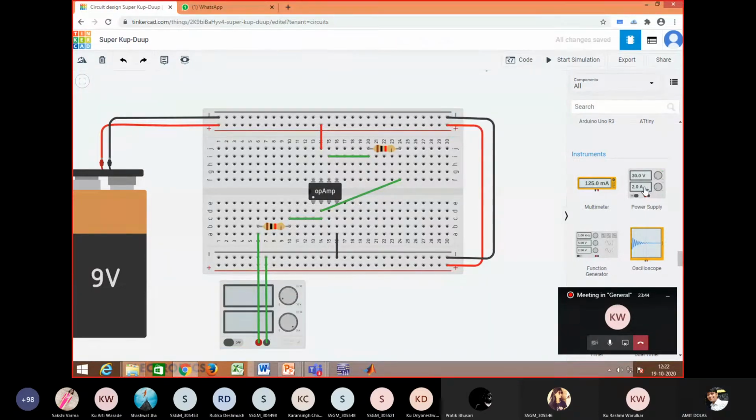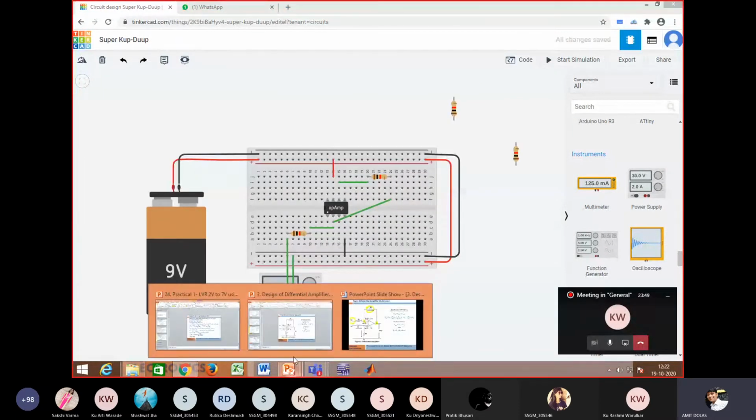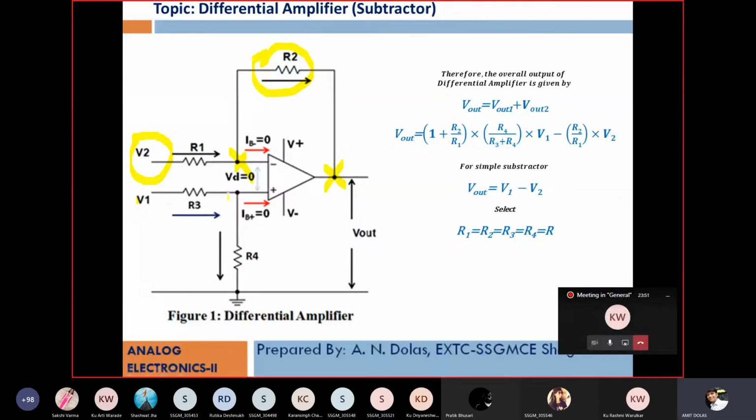So here I will use another two resistances, which we have to connect again. You can see one of the resistances is connected. I came back to the circuit diagram. We are done with this feedback resistance between 2 and 6. We are done with input resistance R1 with source V2 and pin number 2. Now we'll connect this resistance, which is between pin number 3, that is positive, and the ground. Here ground is nothing but negative.